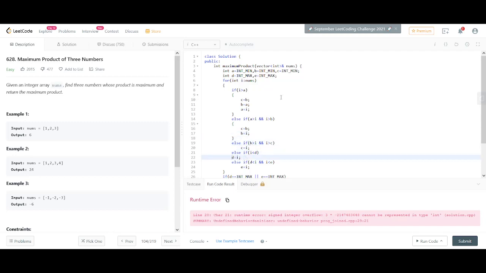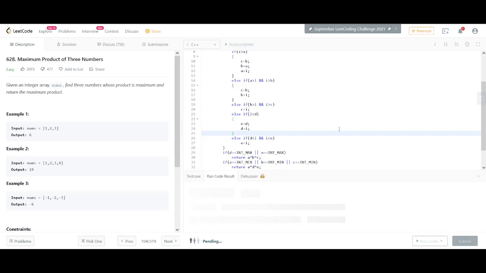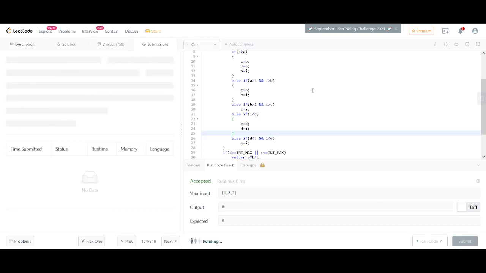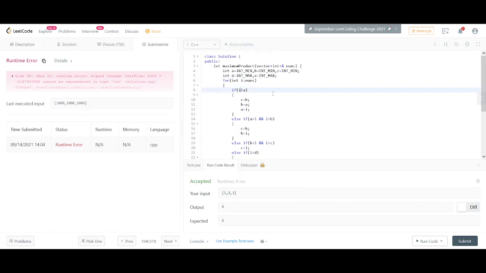Same thing happens for this. I think only one change is present, that value of E is taken as D and then D is taken as I. And yeah, I think this will work fine. See if it works or not. It's working. Let's just see if it. Okay, so for thousand. Okay, so be